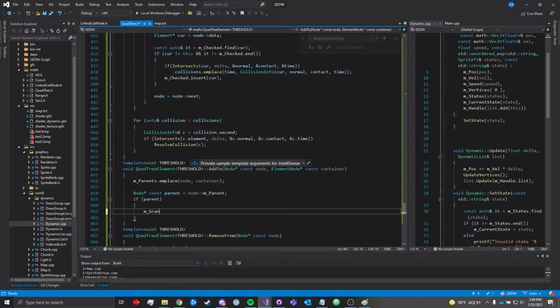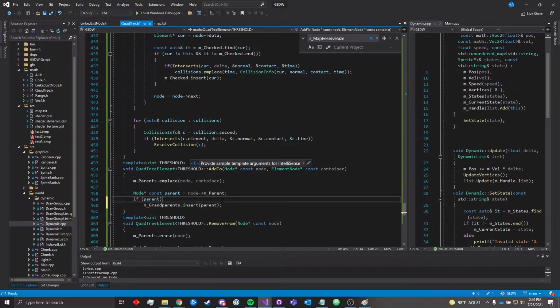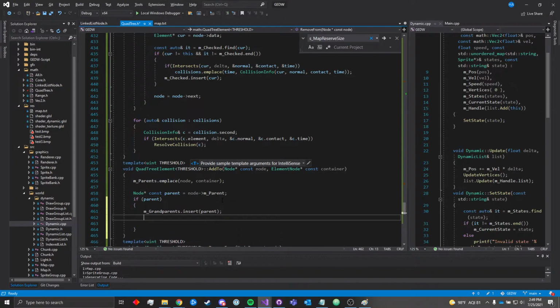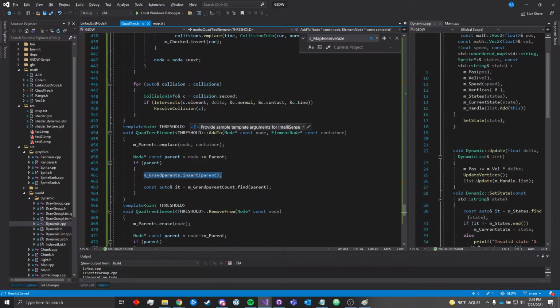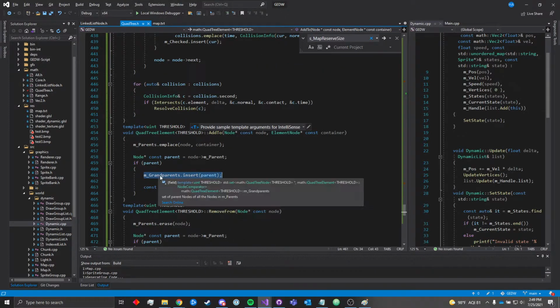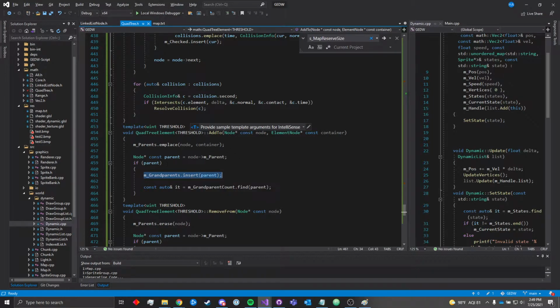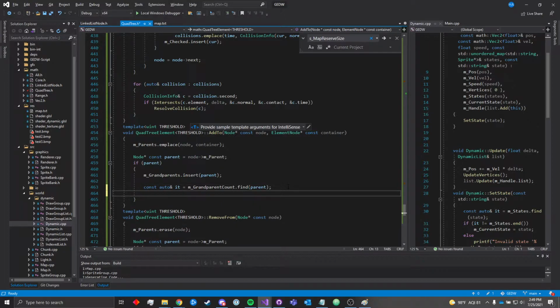So if we have a parent, I guess I shouldn't have deleted that. We have a parent, we'll add it to our list. And then we'll see if we already have that grandparent. Because this will take care of just making sure there are no duplicates, but I'm not sure if it might have some return value. I think it returns an iterator. I'm not sure. It might have some return value that marks whether or not this was actually inserted. I don't know how it works, but we'll just check our grandparent count to see if we already have this grandparent. If we do,